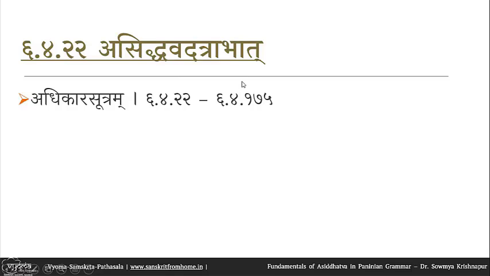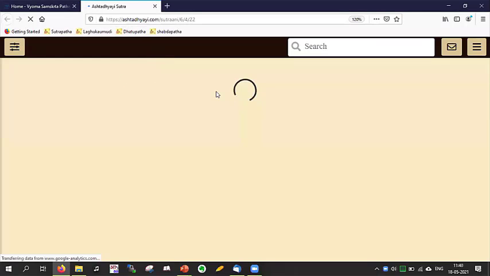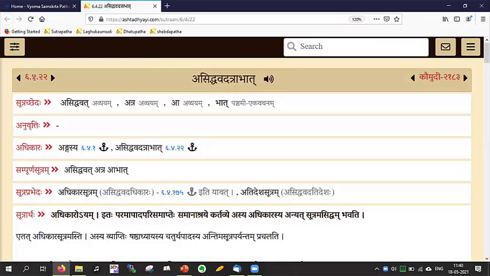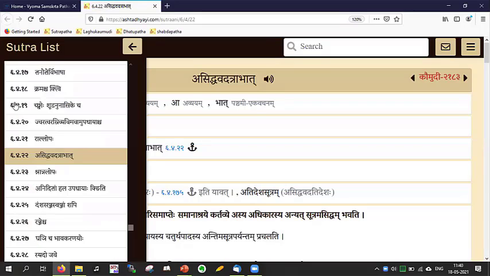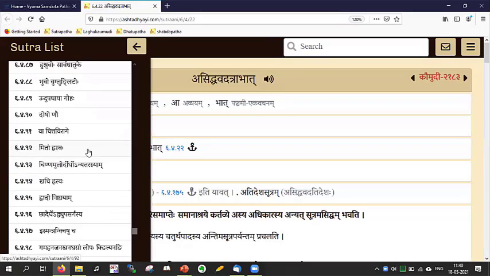So bhadhikaram abhivyapya, the ang here is in the sense of abhividhi. So abhividhi is an inclusive limit, so including the bhadhikara. So if we take a look at this sutra, Asiddhavatraabhat is starting here 6422. So as we go down the pada in